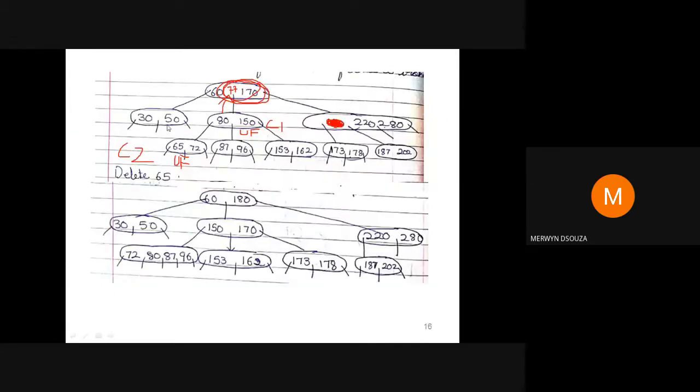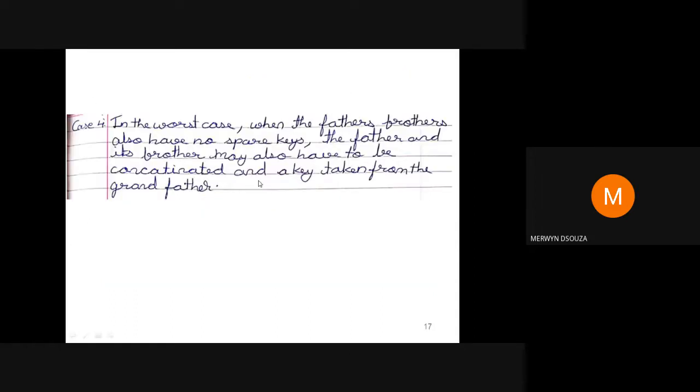So again, if there is an underflow at this level, because you solved at the lowest level, you solved the problem, causes a problem at a parent level, then you have to go to the grandparent level, and so on. Keep going higher to solve the problem at the lower levels. Okay, that is your case 4. And this covers the deletion in a B tree.